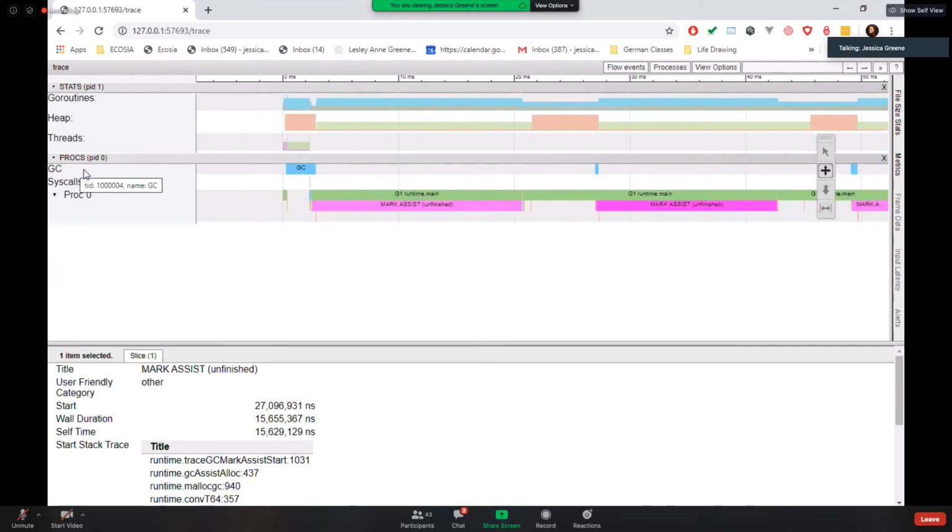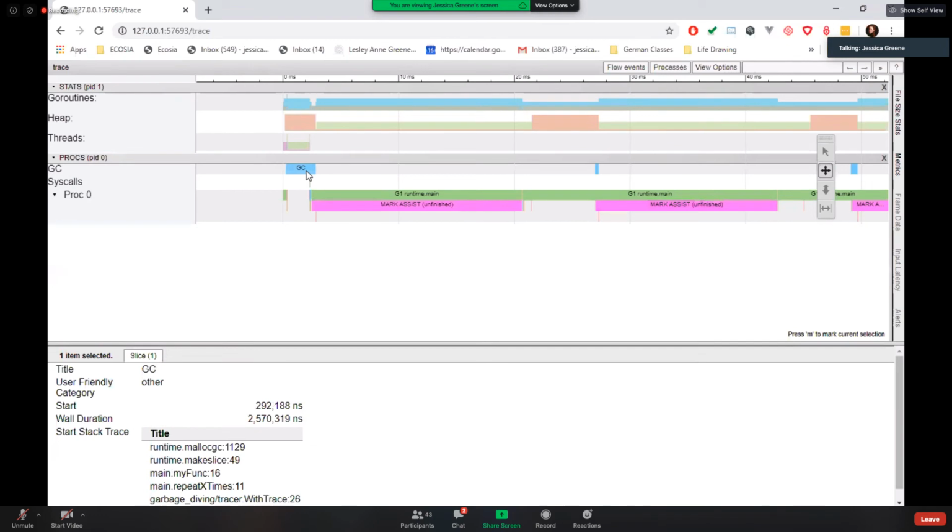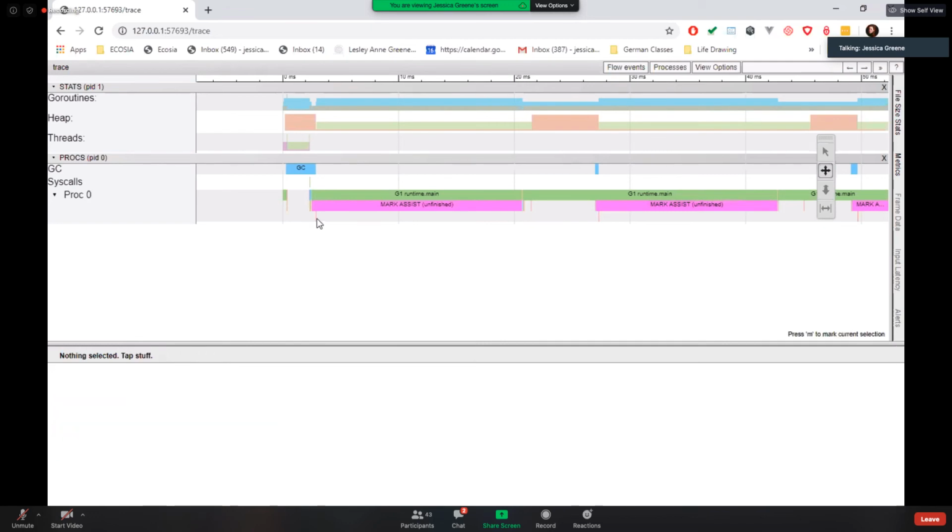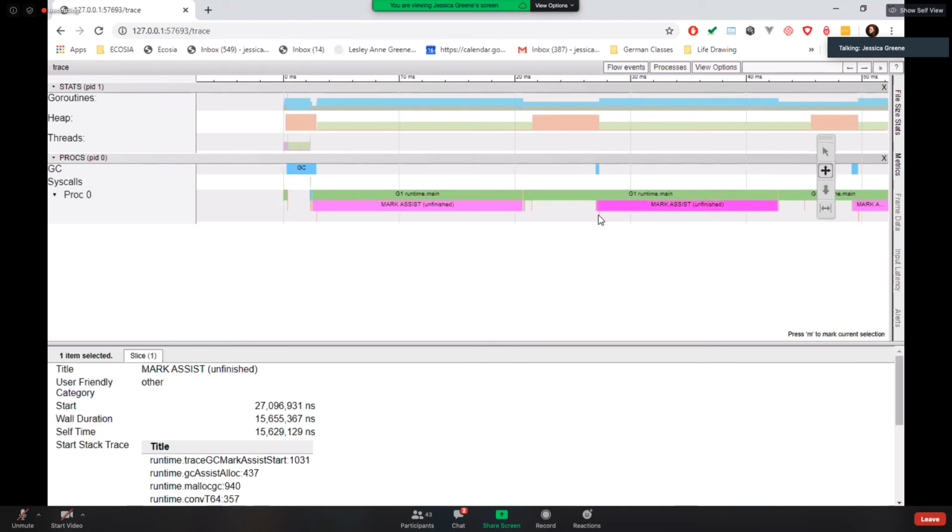So the GC, or garbage collection, line across the top will tell you the actual points where garbage collection is happening. But then you can also dig into the lower down parts to see what part of garbage collection is actually happening. I should have maybe played around a little bit beforehand.